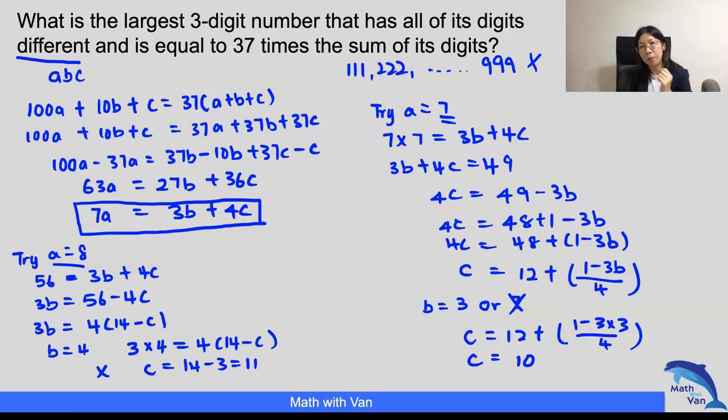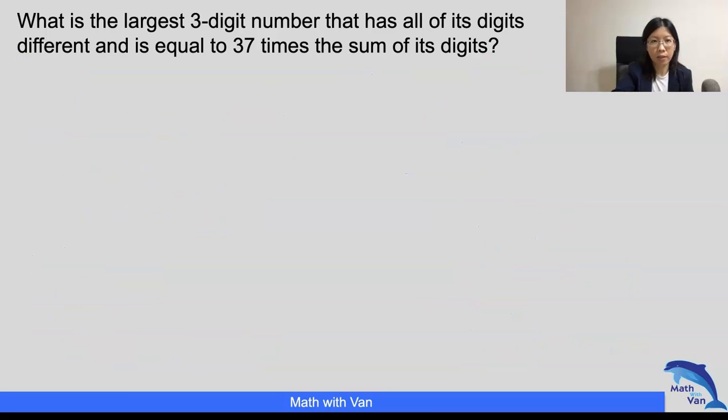And again, C cannot be a double digit here, so in this case, we cannot. Now bear in mind our initial equation here, 3B plus 4C. Now that we know that 9, 8, 7 for A is not possible, let's try